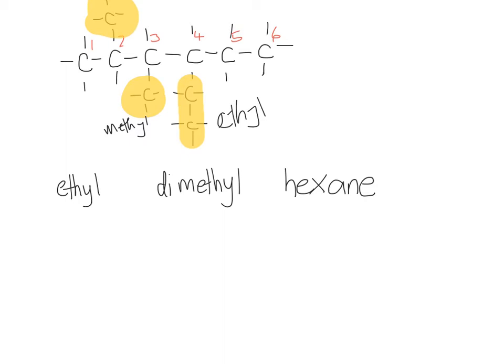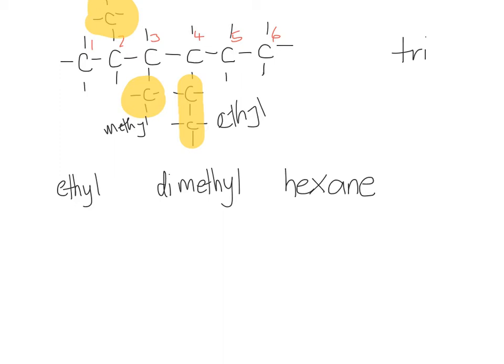It's still methyl groups. The di just means there's 2 of them. If there's 3, then you have to say trimethyl. So it's an ethyl, dimethyl, hexane, but we now have to indicate which carbon each side group is attached